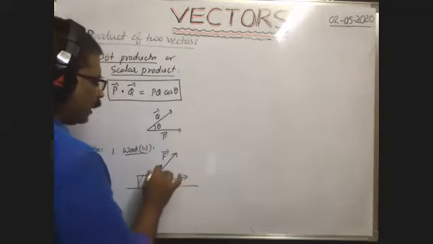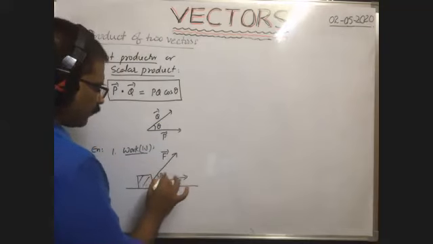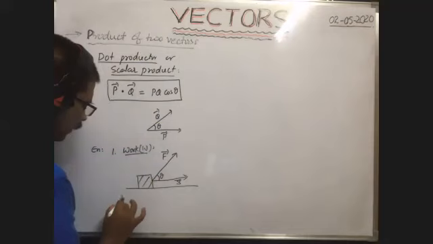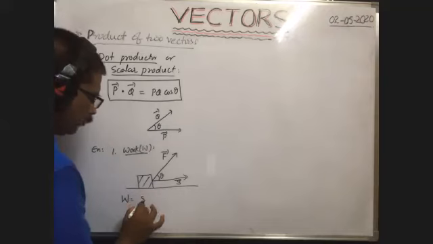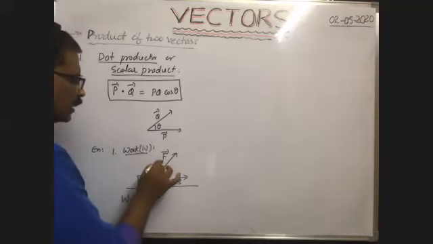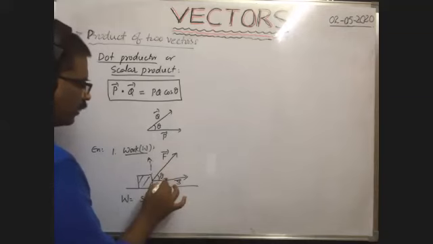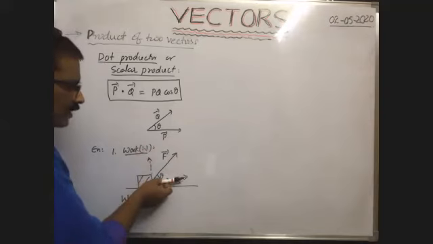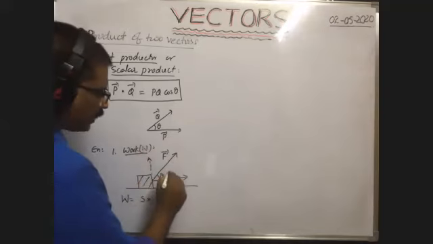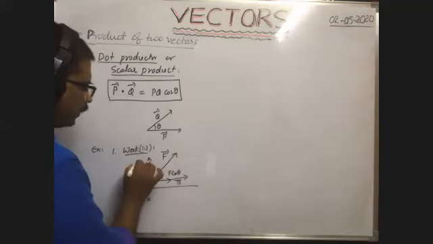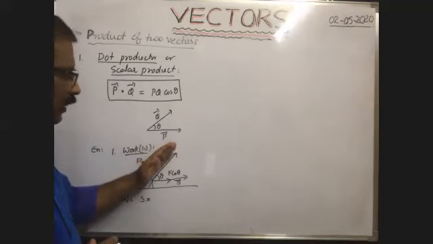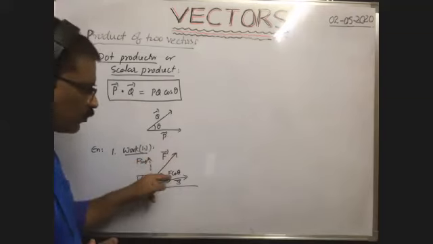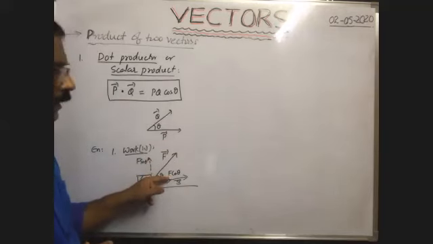Here the angle between force and displacement is theta, say. Now, what is the formula for work done? Work is equal to displacement S into the force in the direction of displacement. Resolve this force into components, one in this direction, another in this direction. The component adjacent to the angle is F cos theta. The other component is F sin theta. The displacement of the block takes place because of the horizontal component F cos theta only.